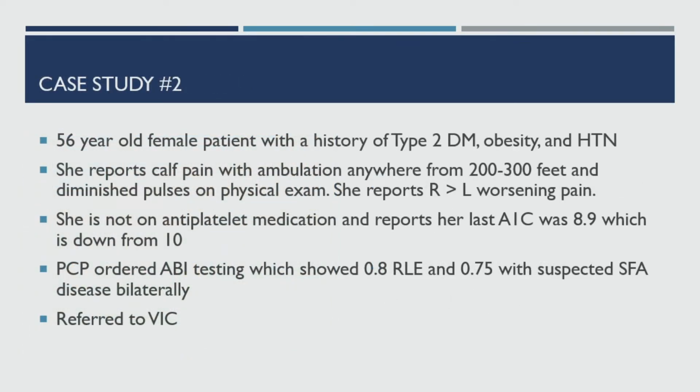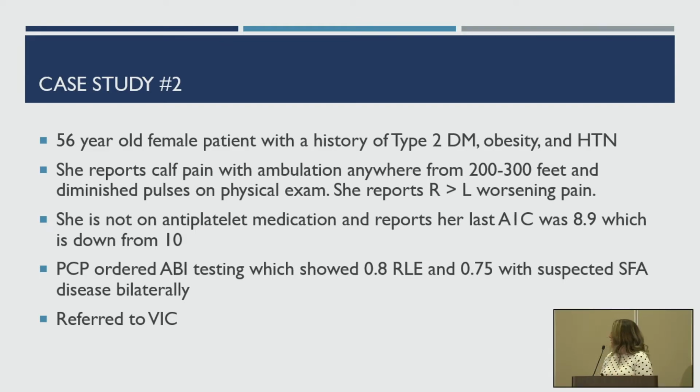Okay, so here's just another case study. This was a female patient, just diabetes. She was complaining of more right calf pain than the left, but she was pretty well claudicating on both sides, and her pulses were slightly diminished. She got referred to us. The PCP did order ABI testing, and it was just mildly decreased,